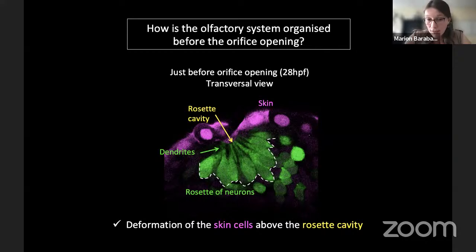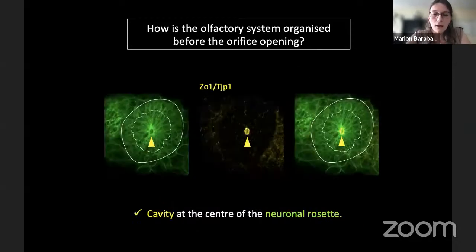And those deformations are specifically happening above the cavity. So that was a striking result, showing a huge interaction between those two cell types, the skin and the sensory neurons. And actually about the cavity, there are enrichment of several components, including the ZO1 marker, which is also called the tight junction protein 1, which accumulates at the tip of the sensory neurons and allows us to see the shape